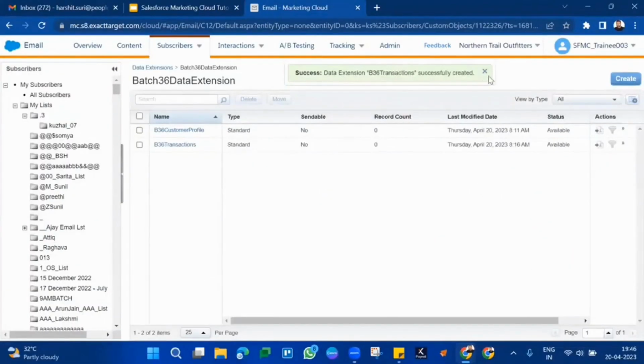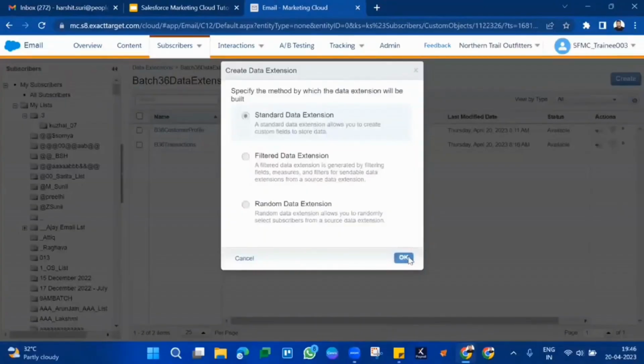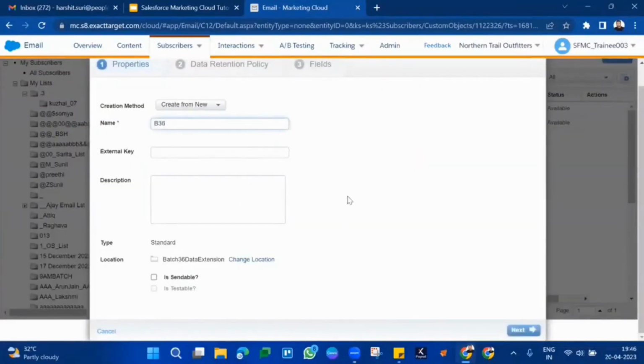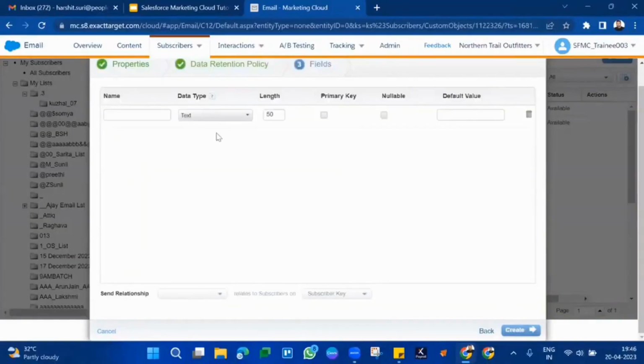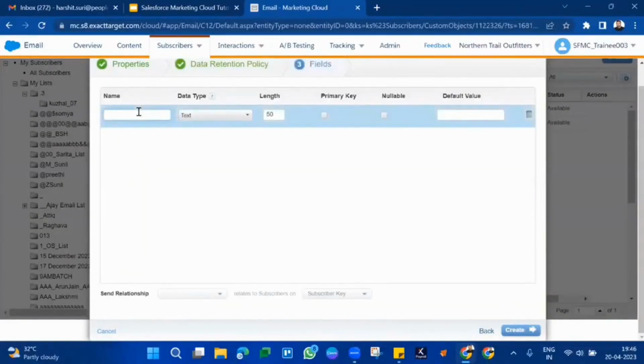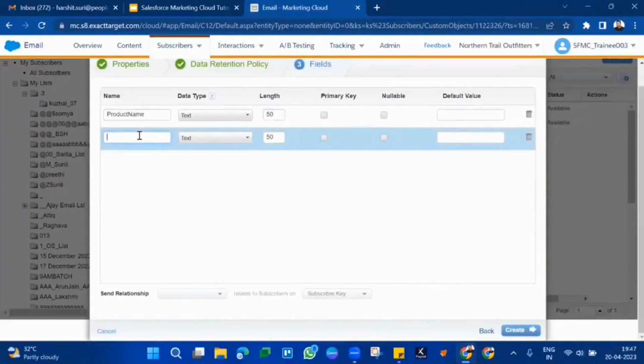The other data extension which we can think of is the product specification data extension, because on your invoice you have to send product images. On your invoice, or you can say products only to keep the name short, you have to send the color of the product, size of the product, image of the product, brand of the product. So the first thing you have to define in this data extension is product name. Then the second thing you have to define in this data extension is